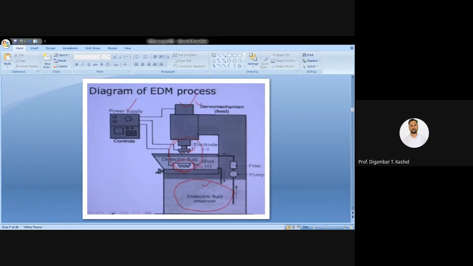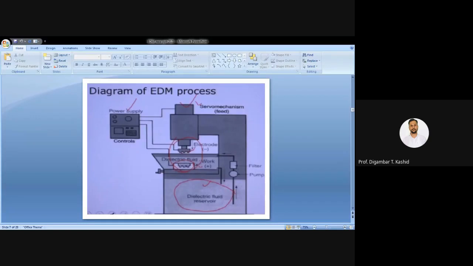This distance between your tool and the electrode is called the interelectrode gap. We have to maintain this interelectrode gap in the range of submicron also. Then only will EDM machining start. While machining is going on, material will be removed from your workpiece. That we know. When craters are forming, then the material will be removed.